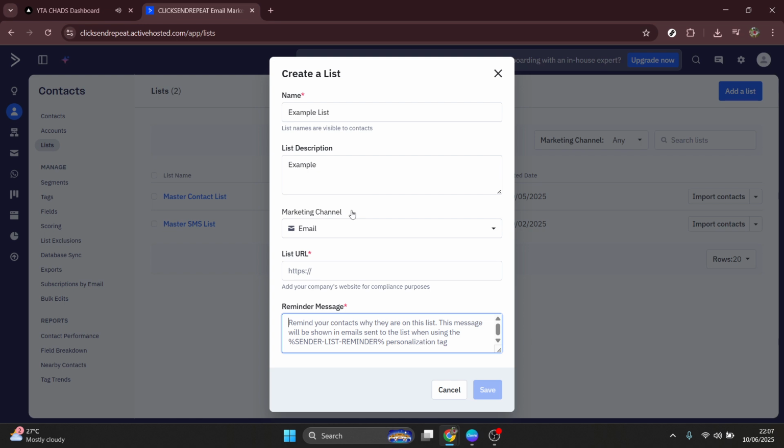Finally, when it comes time to send out campaigns or set up automations, you can choose this new list as your audience. This capability